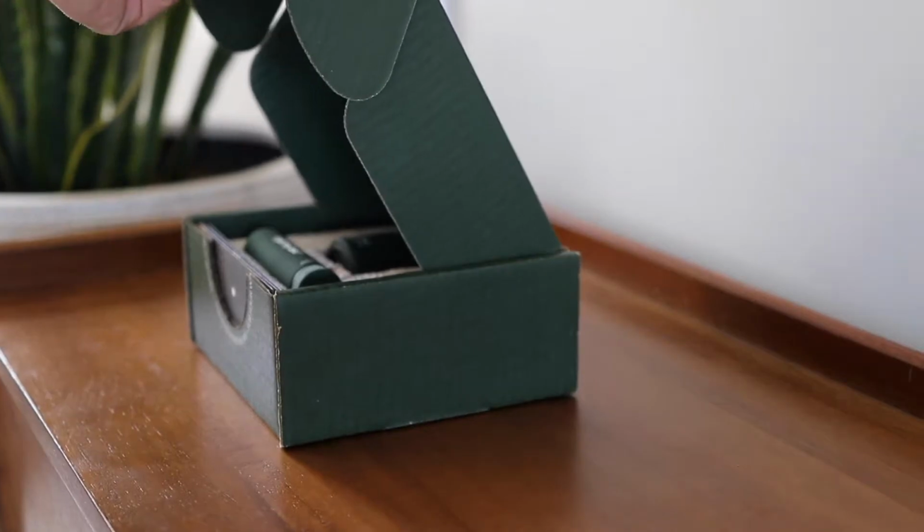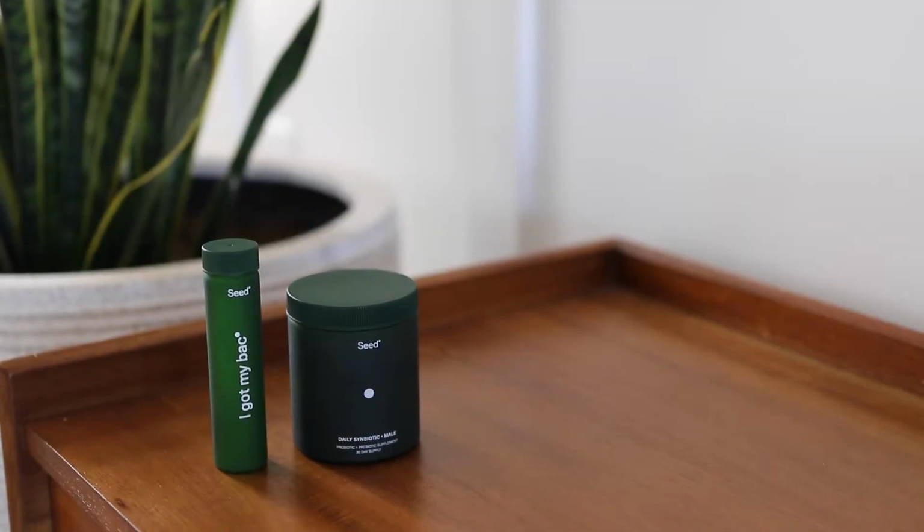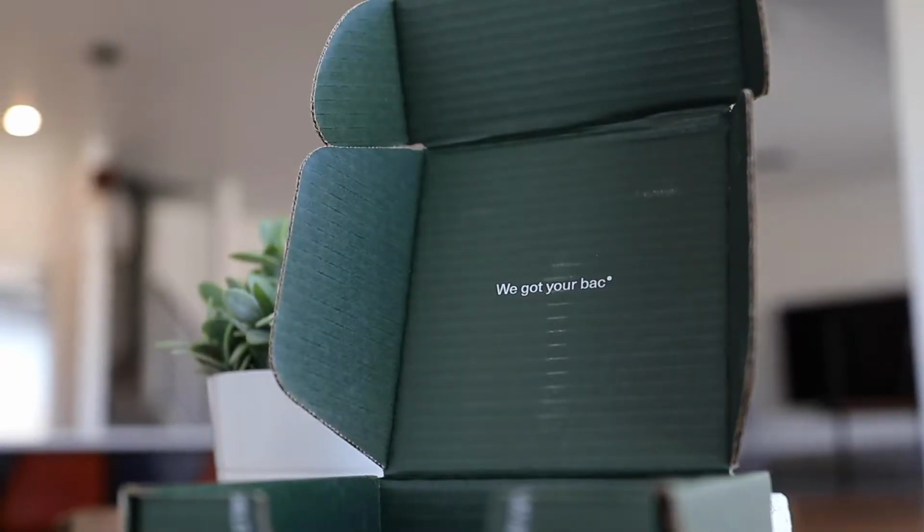But this brand right here, Seed Probiotics, really has nailed it. The minimalistic branding and packaging design. And not only is this a solid design, but they have produced packaging with an extremely low carbon footprint, unlike I've almost seen anywhere, using the most sustainable, biodegradable, recyclable, compostable materials, all while really separating themselves from